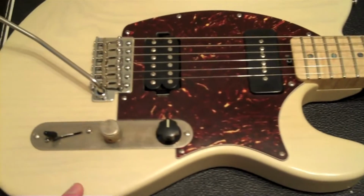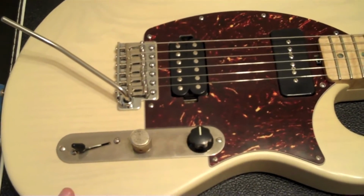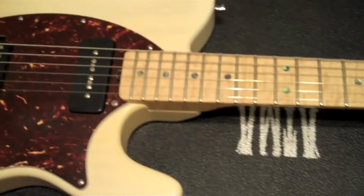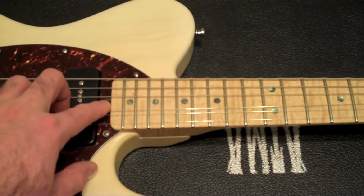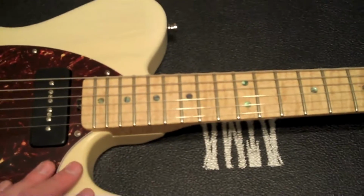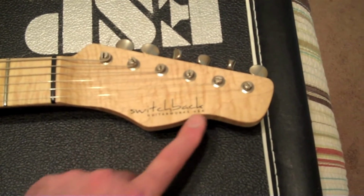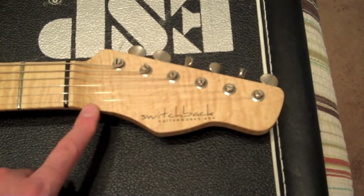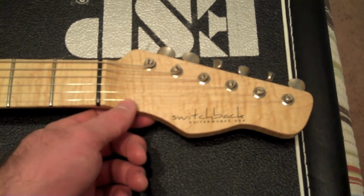Swamp Ash body, sort of a vintage blonde finish. Has the truss rod adjustment right here. It's the wheel, which is the easiest truss adjustment I've ever used. Flame maple neck, really cool headstock design. It kind of reminds me of, I don't know, more artsy, but definitely a very unique,